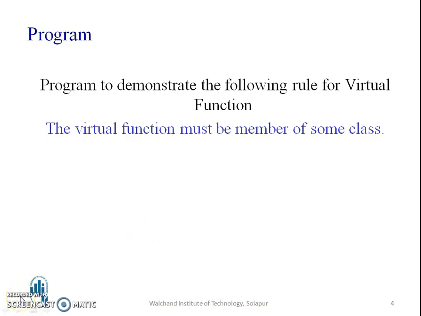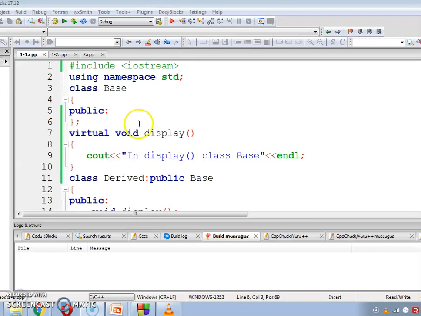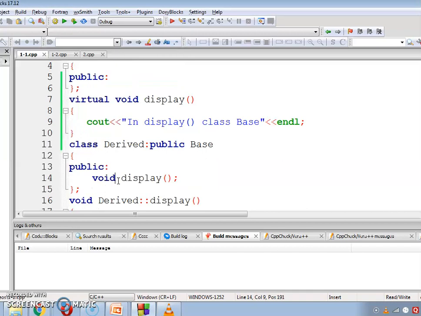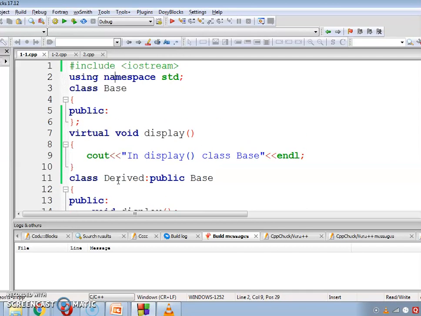Now let's see this rule through a program. Here we have two classes, base and derived, and a display function. Now this display function is defined outside the class.